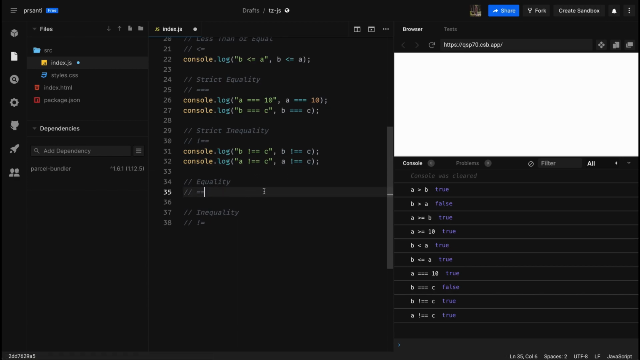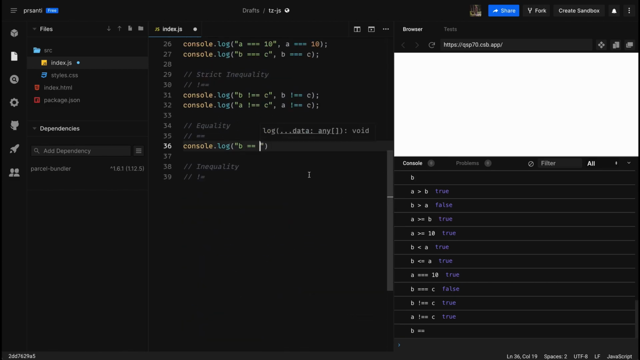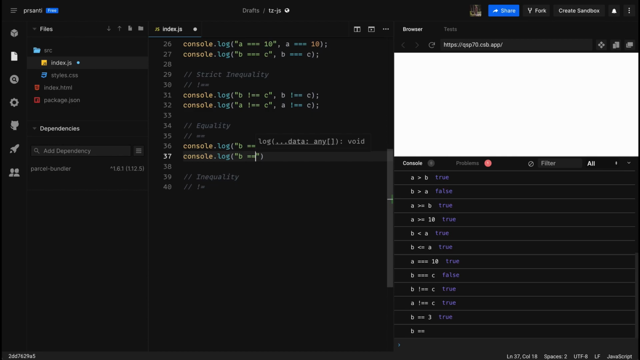Next is equality. Equality only checks if two values have the same value, but it does not check if they are the same data type. For instance, take a look at this code. We want to compare if b is equal to the number 3. To use this operator, we use 2 equal signs. Is b equal to 3? We get true. Now, what if we compare the number 3 with the string 3? So if b is equal to c,